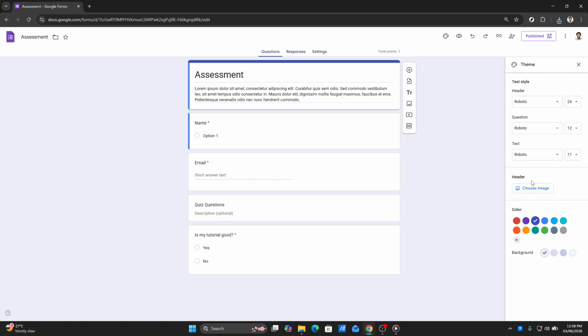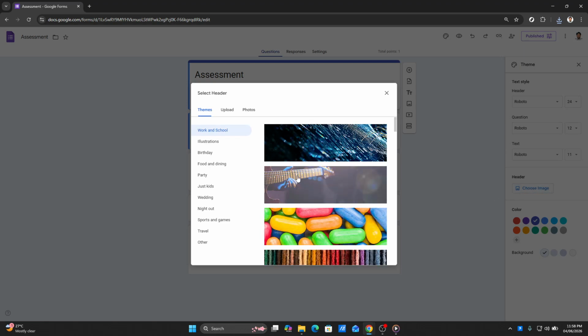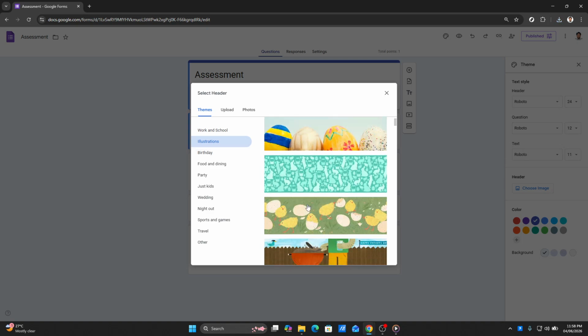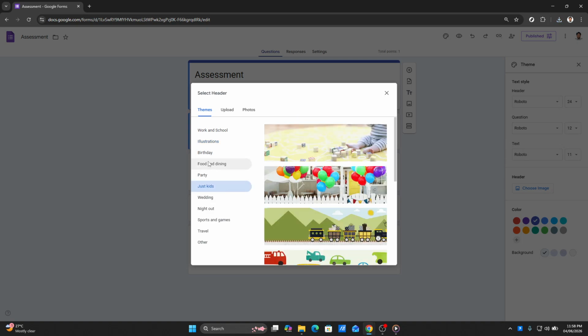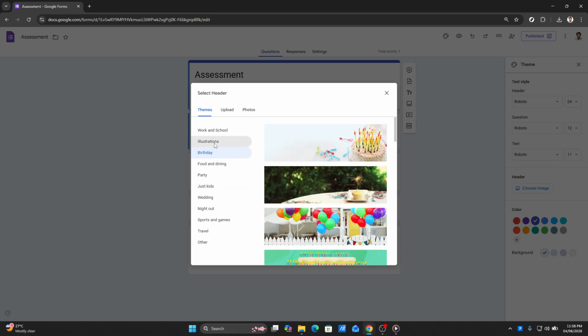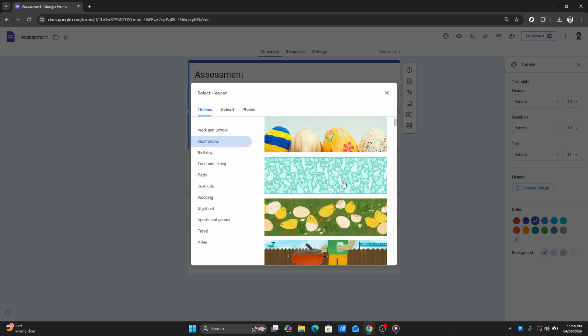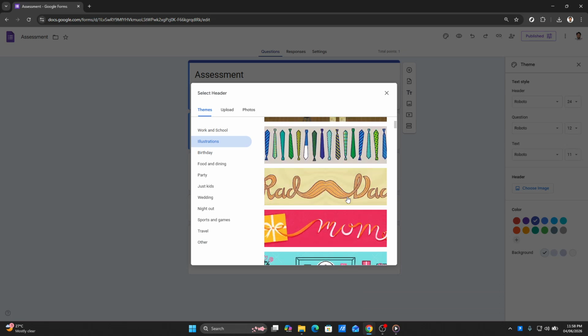Next, you'll see an option to choose image. Clicking this button will open a window where you can select an image to use as your header. Google Forms provides a variety of pre-made themes that you can choose from, which can save you time if you're looking for something quick and easy. These themes come in various styles and colors, so you're likely to find something that fits the mood of your